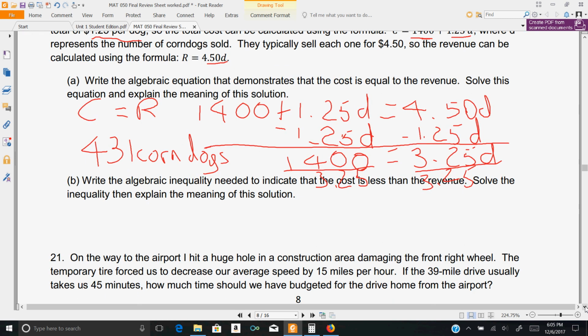because question B wants us to write an algebraic inequality to indicate that the cost is less than the revenue. So we want the cost to be less than the revenue. Solve the inequality and explain the meaning. So we want cost to be less than revenue. And I'll go ahead and write the same thing again. Our cost is 1400 plus 1.25D. And I want that to be less than